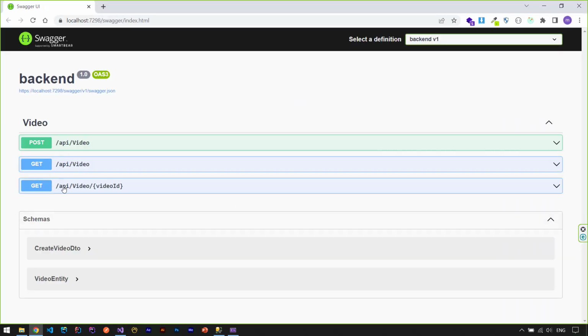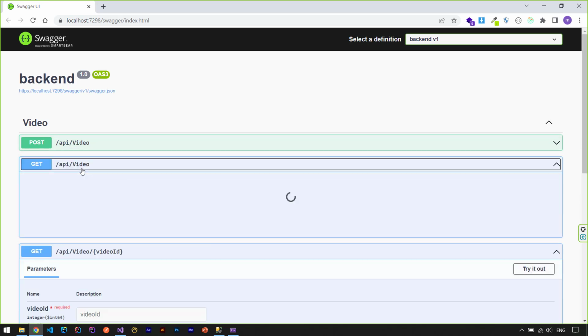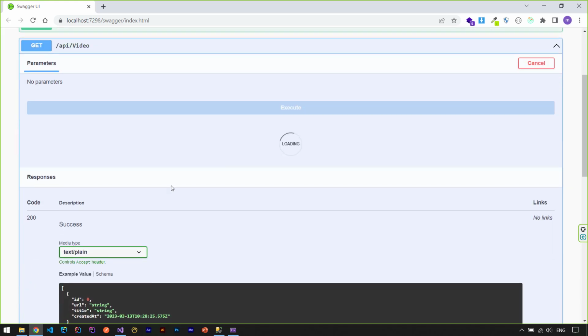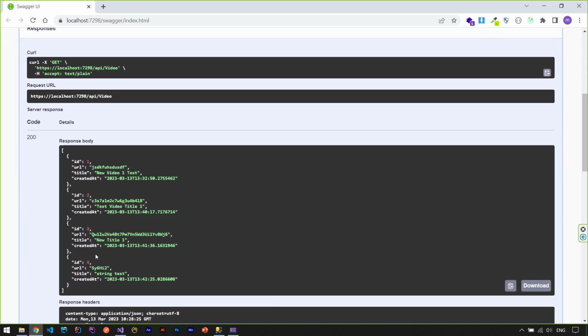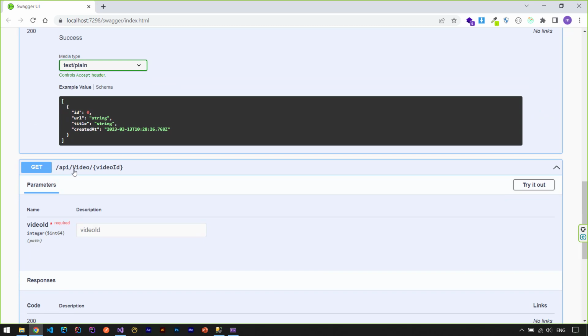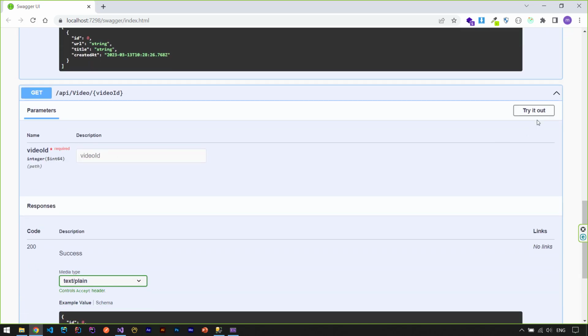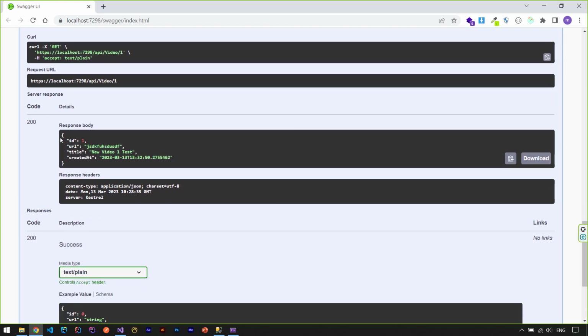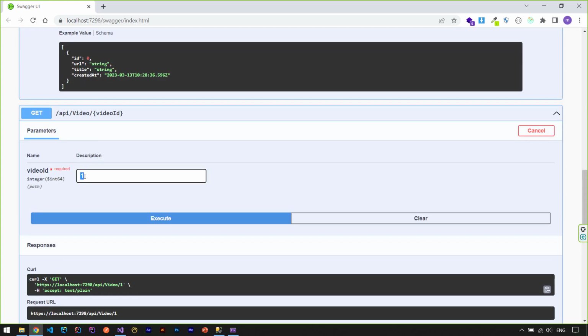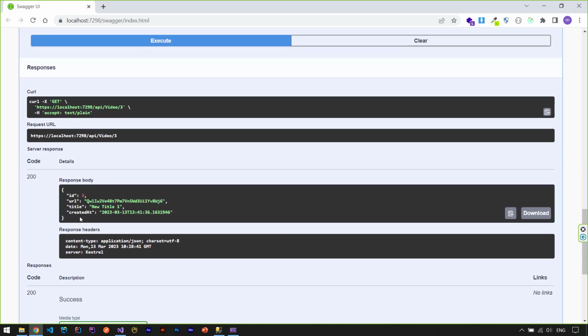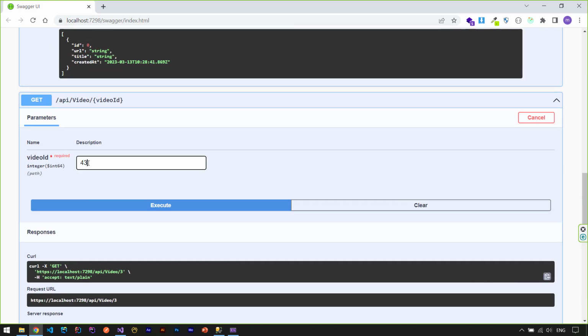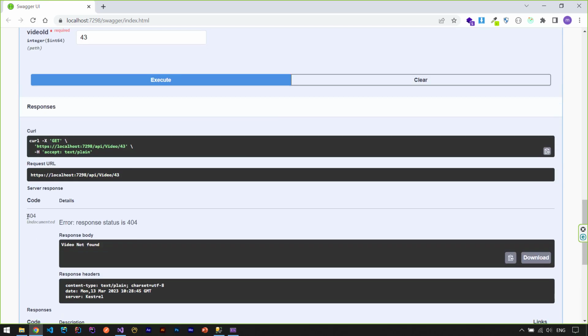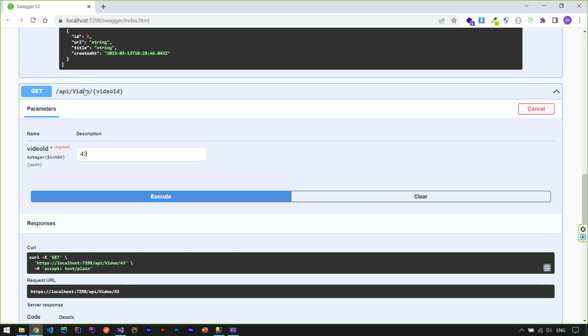So this time I have this new method API/video/videoId. Let's check everything here and see what IDs we have. So ID 1, 2, 3, 4. So here inside the API video ID, let's try it out. Let's say I want video 1 and it returns. That's good. Let's check 3. That's good. Let's check if something does not exist like 43. The return is 404 and video not found. And that's good. So let's go to the next